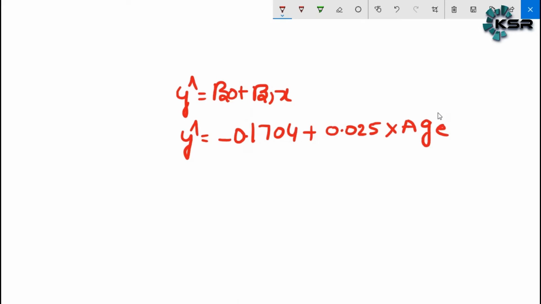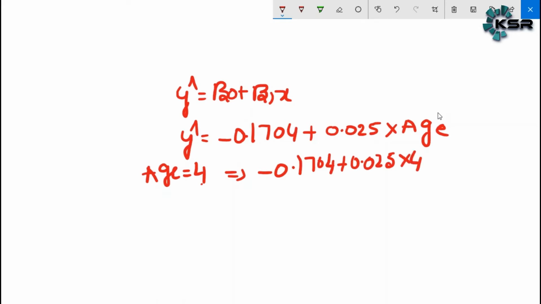Right. Now when we mention this, we would like to predict what the y hat value is. For example, age is equal to 4. What is the y value? Let's substitute this 4 value in this equation. So what happens? Minus 0.1704 plus 0.025 into 4. So simply we can write, how do we write? Minus 0.1704 plus